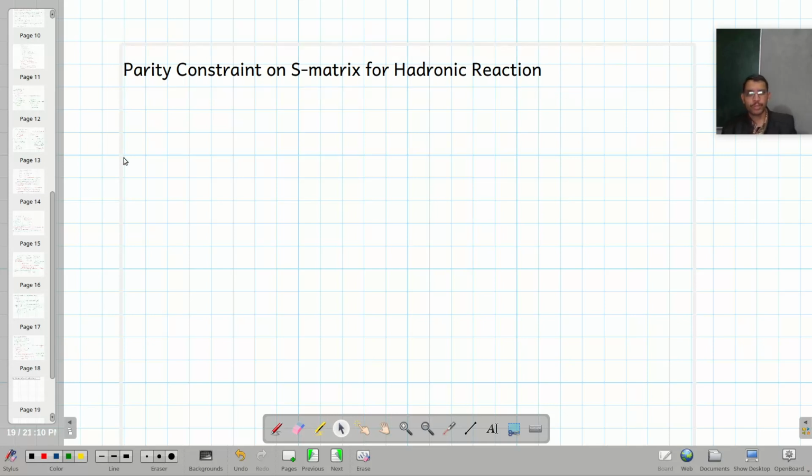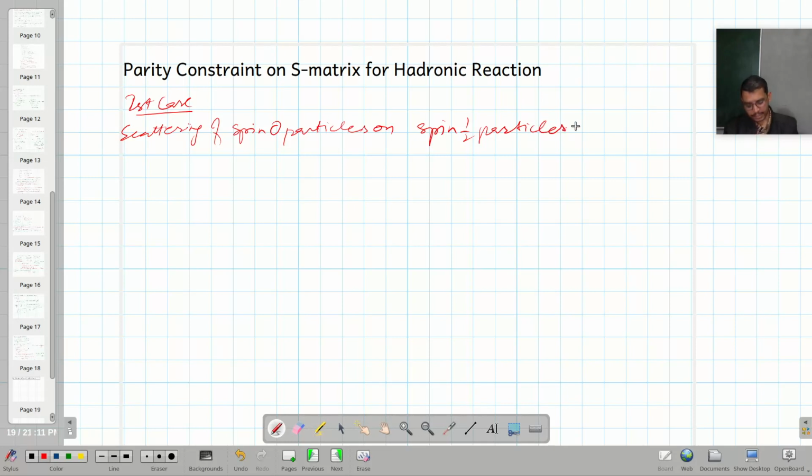So today I am going to talk about parity constraint on the S matrix for hadronic system. For this I will discuss two cases. First case is the scattering of spin 0 particles on spin half particles, right? And another case is for the decay of, this is the first case, and in the second case I will discuss the decay of